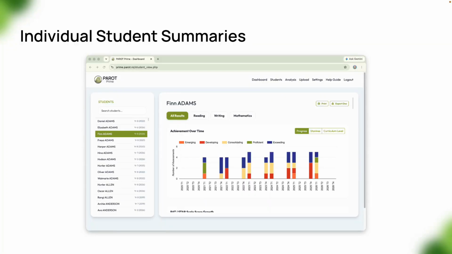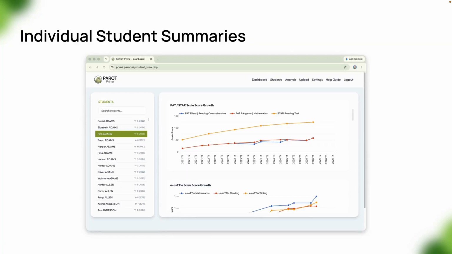So we've got this. This is a fictitious student that has done some ASTL and some PAT tests. We've got how they've done since 2021. So we've got the breakdown of each of their assessments across those 5-point scale. We can see their scale score because we like seeing that growth. And we can also see their same scores with